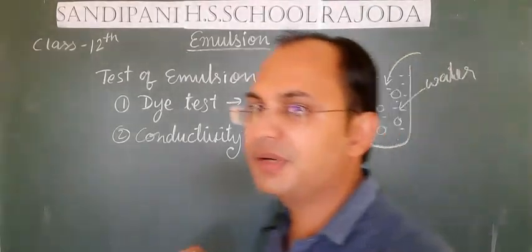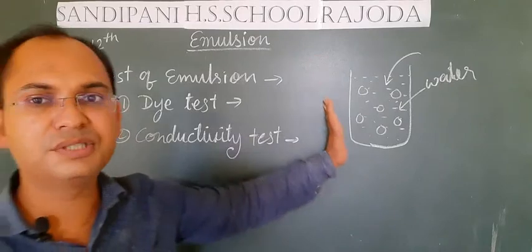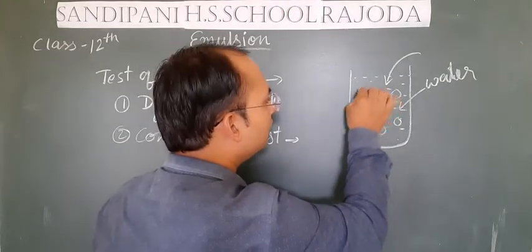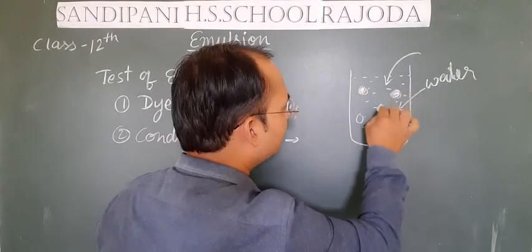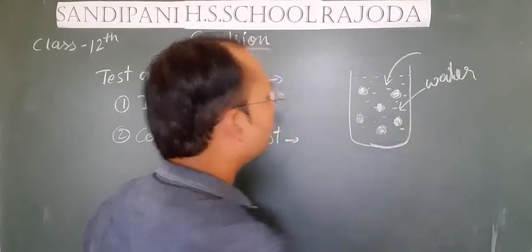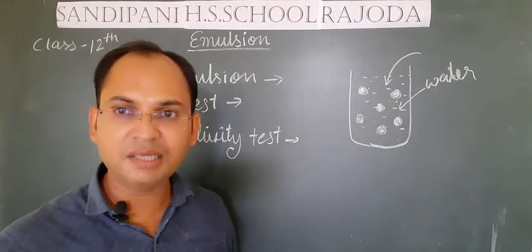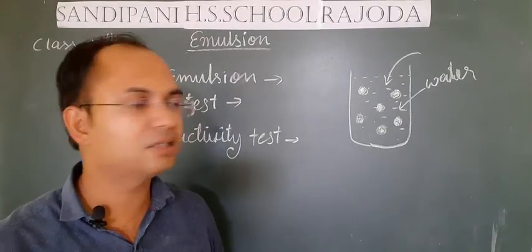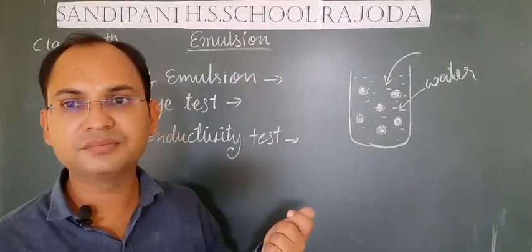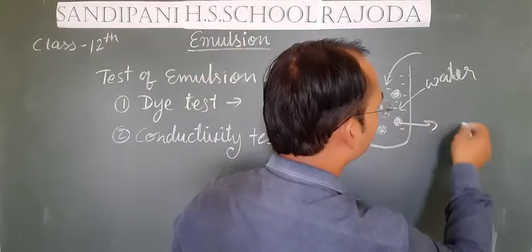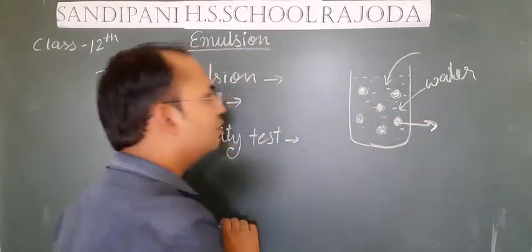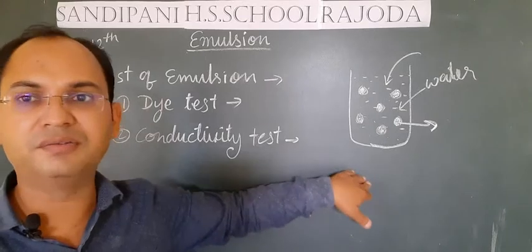But if we see some color particles in the solution instead of the whole colorful solution, if we see that only some particles get colored and not the whole solution, then the dye is fat soluble dye. That is why it imparts the color to the oil particles only. So this will be an emulsion of the oil in water.